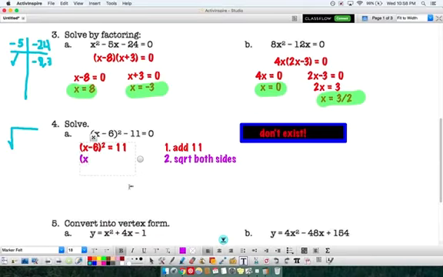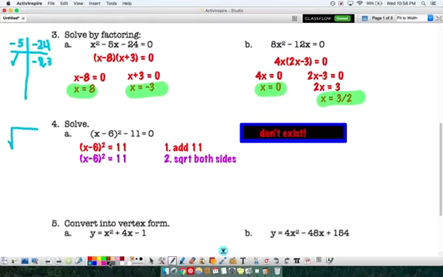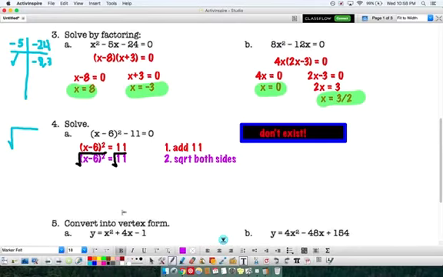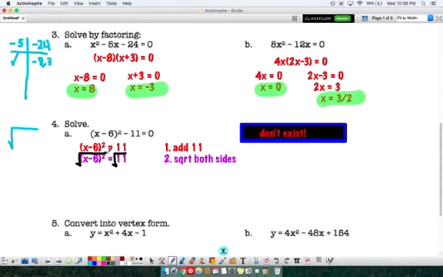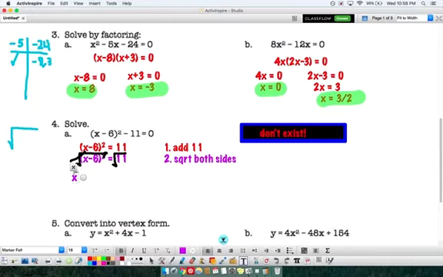Alright, so we're going to do x minus 6, and we're squaring it, and that's equal to 11, and we're going to do the square root of both sides. And what's going to happen here? The square root cancels with the square, and so now the square root and the square are gone. And now we just have x minus 6 equals